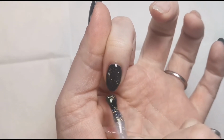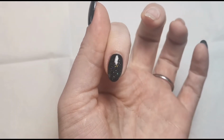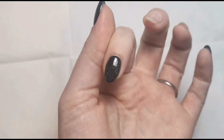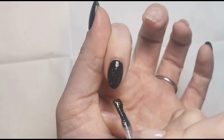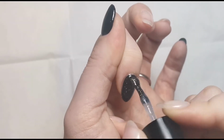There's enough glitter there for you to see that it's glittery, but it's also quite nice and subtle as well. So I'm just making sure to do a really thin coat. I don't want it too thick where it's not going to cure, but I also don't want loads and loads of glitter. I just want a nice sweep